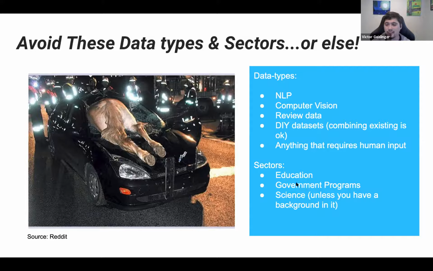It's sometimes a toss up. I can understand from the educational side, sometimes you have to be knowledgeable in what this is going to be. So just be aware of that kind of stuff. Okay. And then science, there's nothing wrong with science data too. But just be aware that there might be some extra nuances.